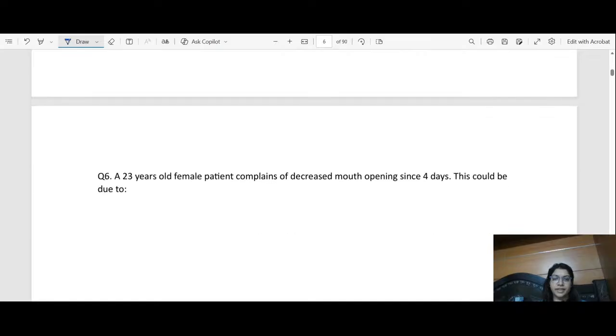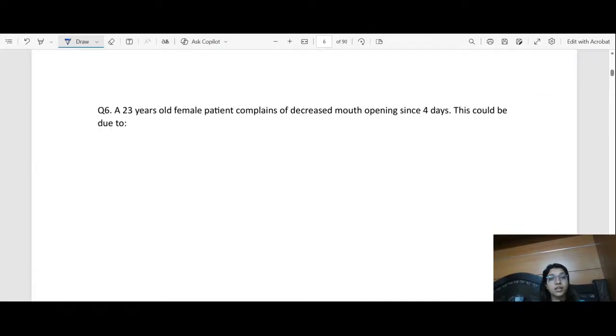Now we come to the next question. A 23 years old female patient complains of decreased mouth opening since 4 days. This could be due to: impacted third molar, oral submucous fibrosis, oropharyngeal fibrosis, or bone ankylosis of TMJ. The correct answer is the first option,